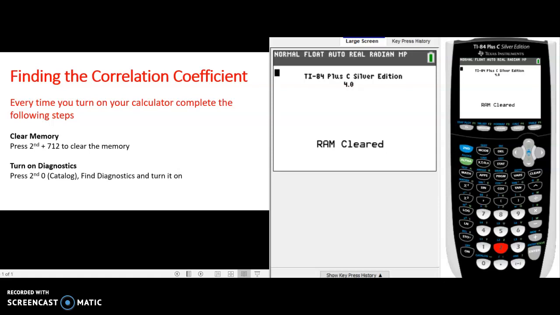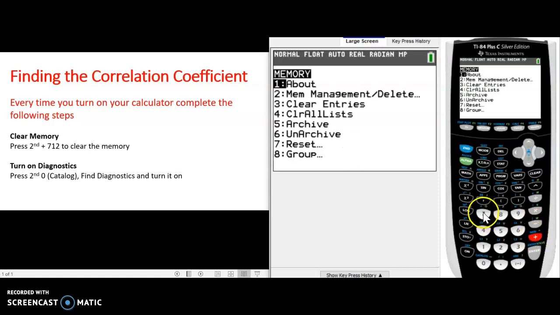Today I want to show you how to find the correlation coefficient of a set of data. Every time you turn on your calculator, we would like for you to complete the following steps. So you have a clean calculator and you have a cleared memory. To clear your memory, you simply press second plus